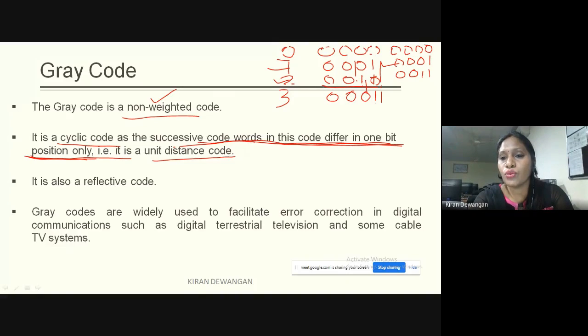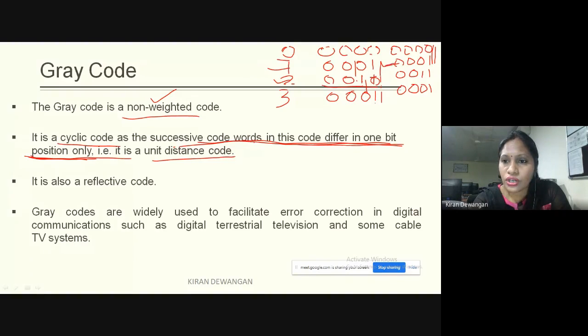And for 3 it was 0 0. This will be 0 and this will be 1. So in the successive code words, there should be just 1 bit difference, and we can have another code. So this is 0 0 0 1, since it is differing in this bit position.